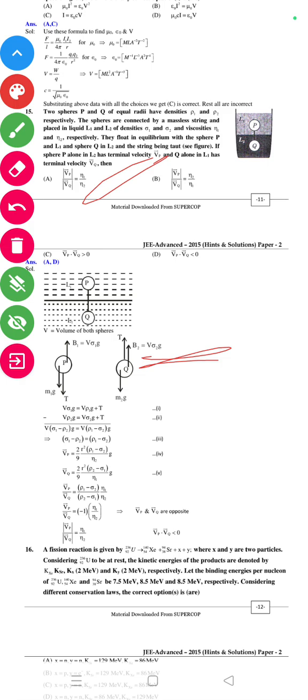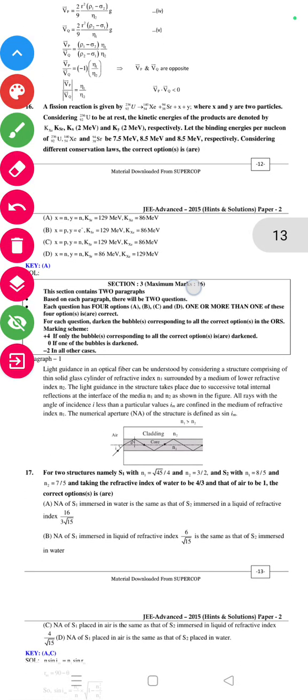तो Vp by Vq इक्वल टू ρ1 − σ2 by ρ2 − σ1, η1 by η2। Vp by Vq इक्वल टू −1 η1 by η2। तो मॉड ऑफ Vp by मॉड ऑफ Vq इक्वल टू η1 by η2। तो Vp डॉट Vq is less than or equal to 0। तो Vp और Vq क्या हो जाएगा, अपोजिट। इसका आंसर रहेगा ऑप्शन A और ऑप्शन D चला जाएगा।